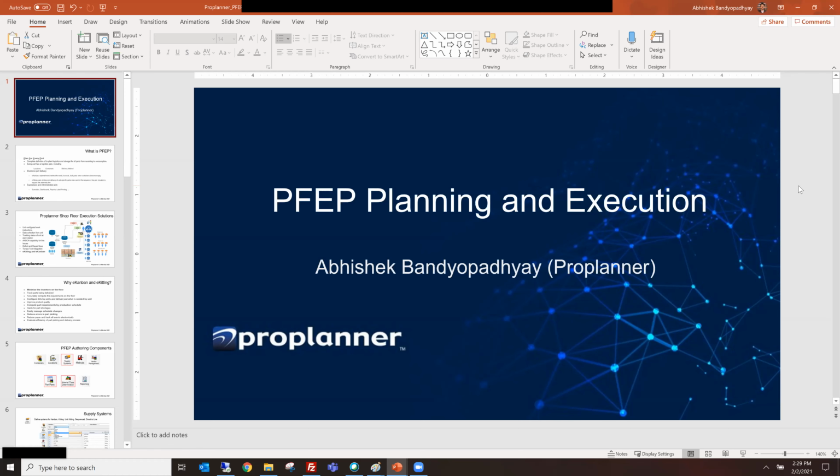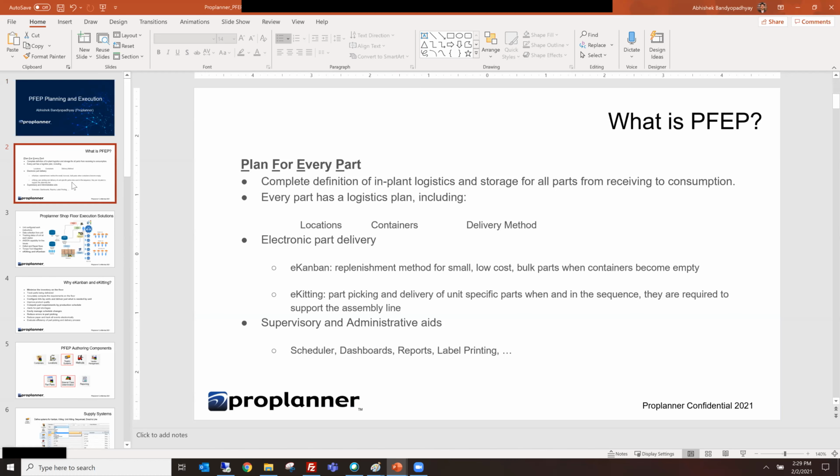So kind of dwelling on that and explaining why folks are looking at our solution, what features it has to offer, how it works, and then I will end with the new application that we've developed. So what is PFEP? PFEP is plan for every part. It's a lean manufacturing terminology being used with many of our customers now. It's basically an in-house